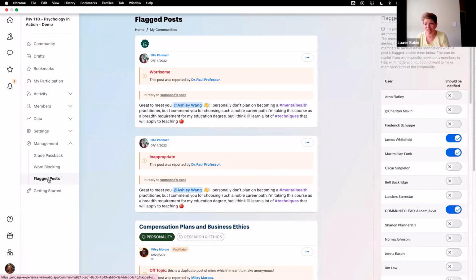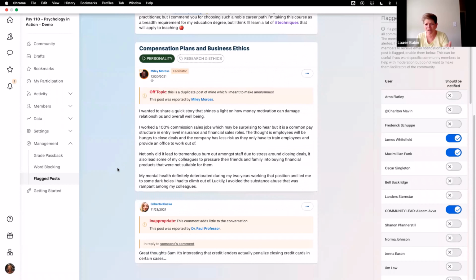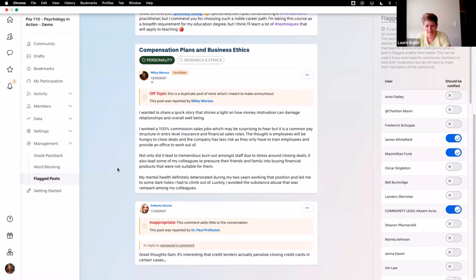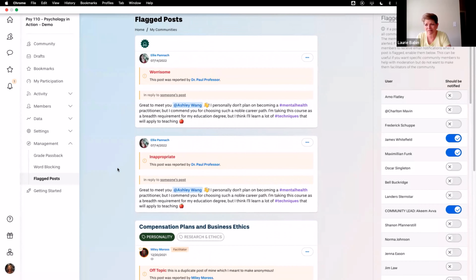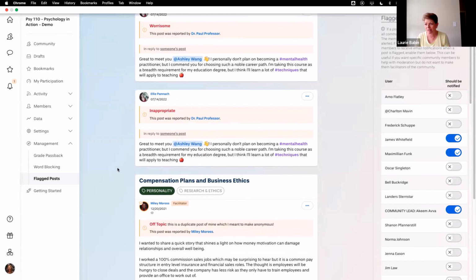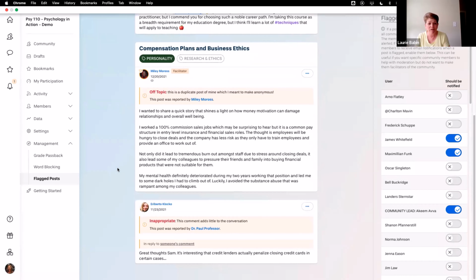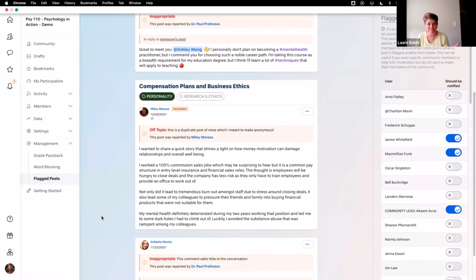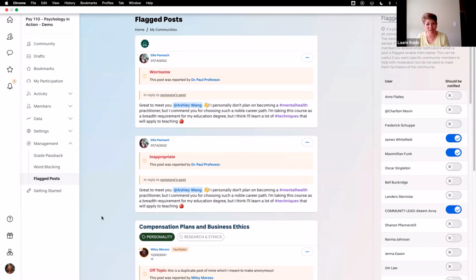So, and I have that in my syllabus, and I do write the reason out, and I'll get an email immediately from the student saying, why is my post flagged? So I'm wondering if they see those reasons that we type in there, or did they just see the worrisome, plagiarized, off topic, and whatever the other inappropriate. I wish I could edit that, because like maybe instead of using worrisome, I'd want like redundant or